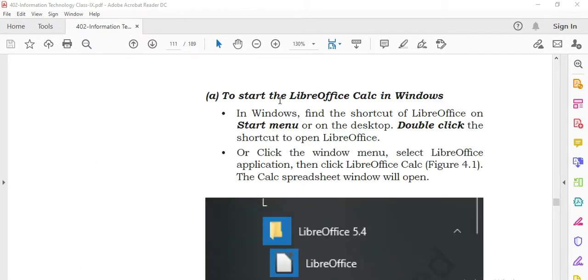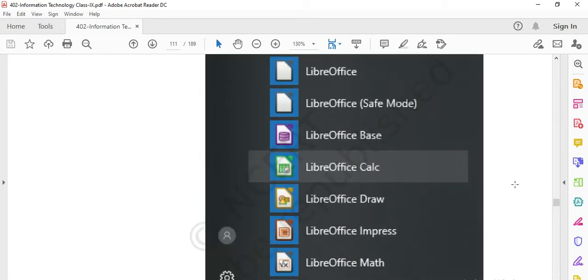To start LibreOffice Calc in Windows, find the shortcut of LibreOffice on the Start menu or on the desktop. Double click on the shortcut to open LibreOffice. Or click the Windows menu, select the LibreOffice application, then click LibreOffice Calc as shown in figure 4.1.